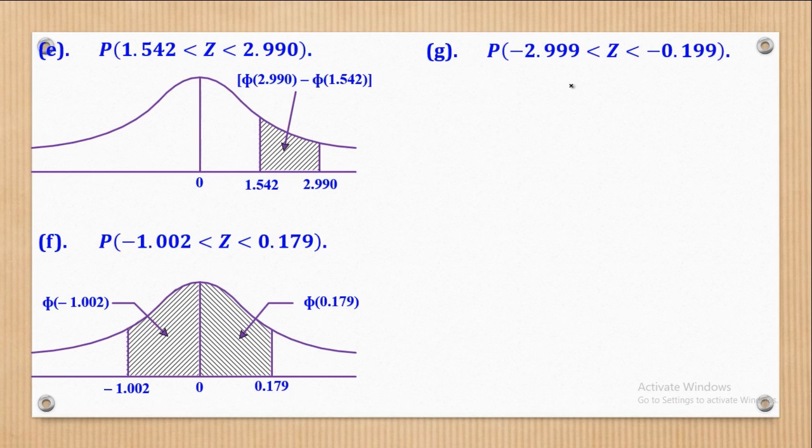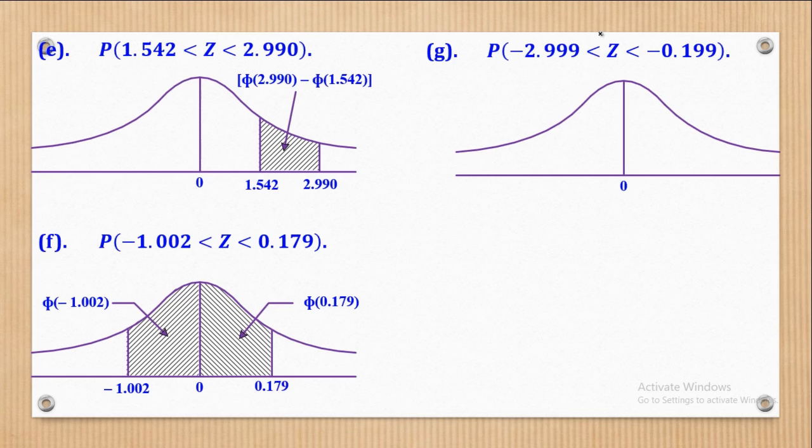And lastly, part G wants probability of z greater than negative 2.999 and less than negative 0.199. So first of all, we shall sketch the standard normal curve with mean at the center. Then we shall remember that both these values are negative, but the question is which one is closer to 0. You realize that it is negative 0.199 which is closer to 0, so we shall put it there closer to 0, followed by this which is further away from 0, so we shall put it somewhere there. Now the values from here up to here will mean that we are going to shade from here up to there. So let's do the shading,